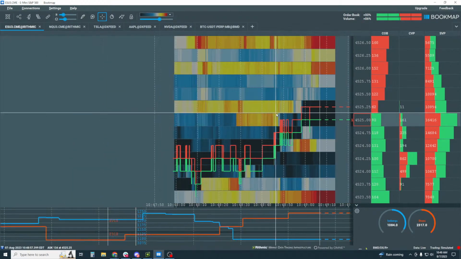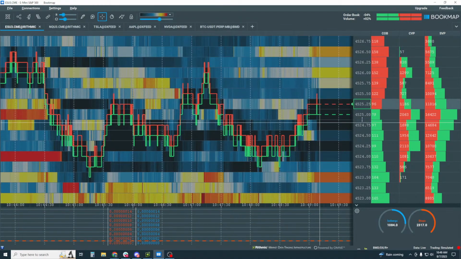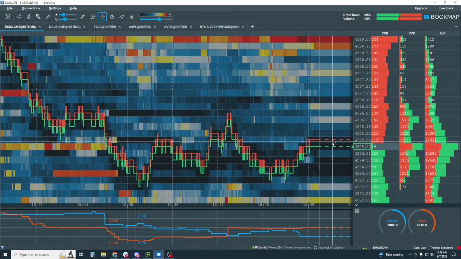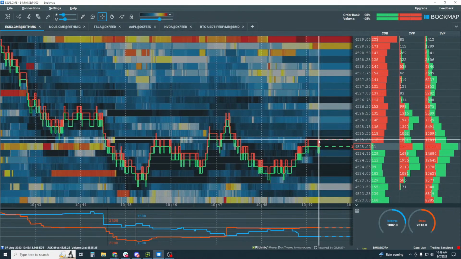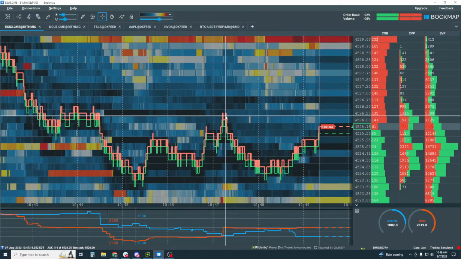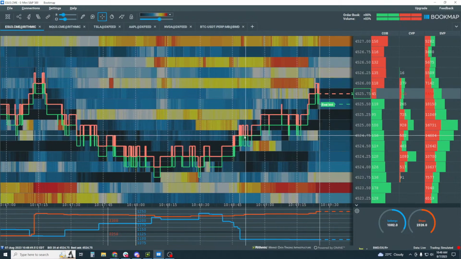Right, so due to that skew right here, it kind of disrupts what we were looking at, and it shifted and changed. Now it's really up to the, this is why we turn on the volume dot, so we look for the aggressors to come back up to the top of the range here. Okay, after this skew here.